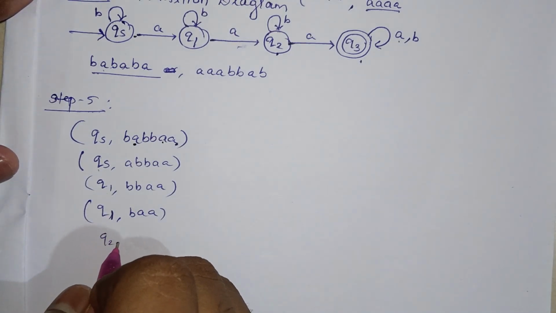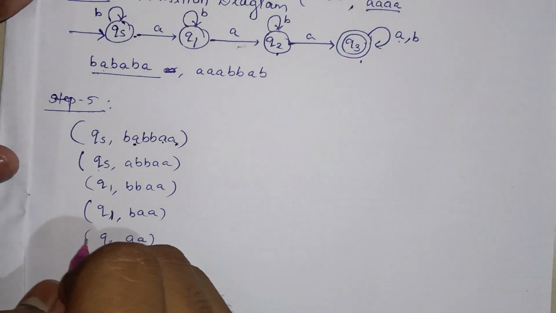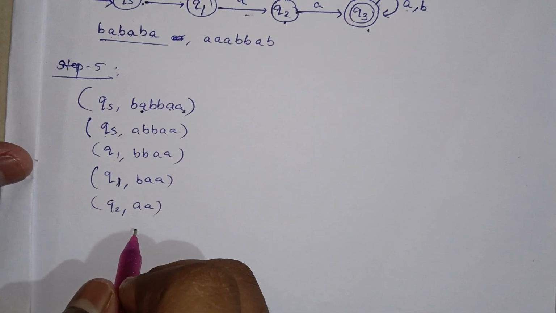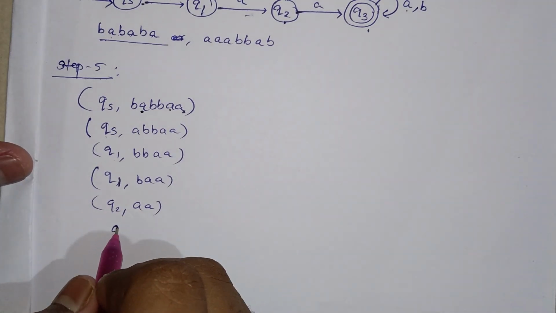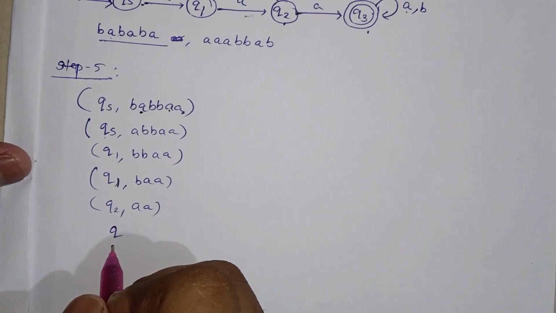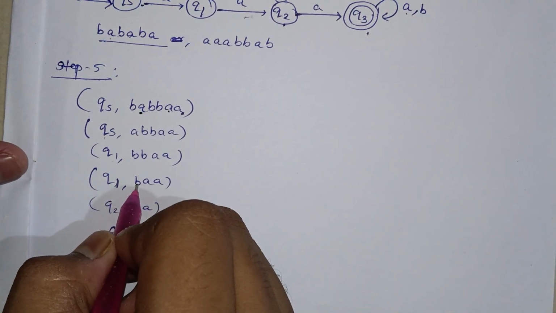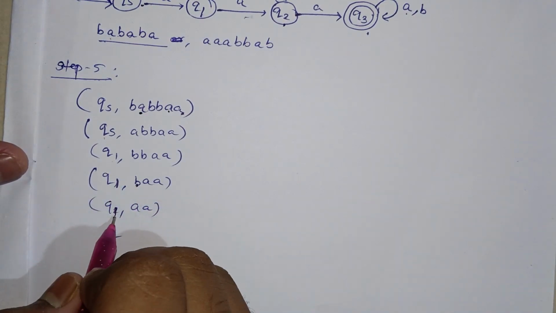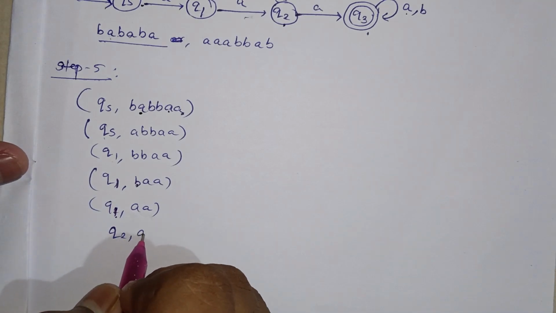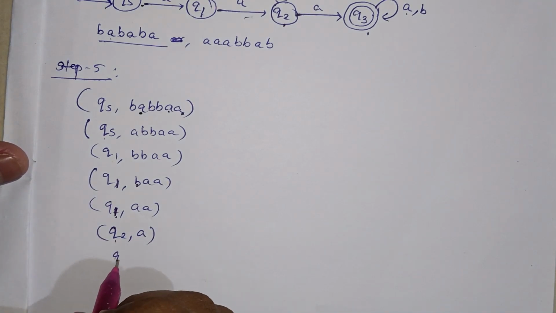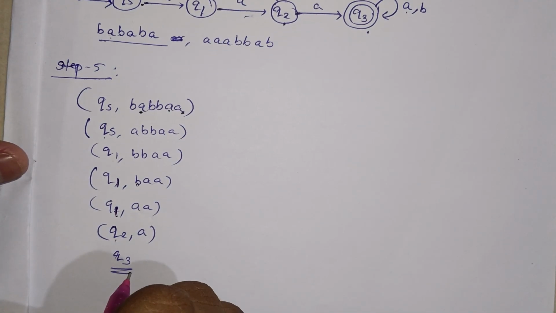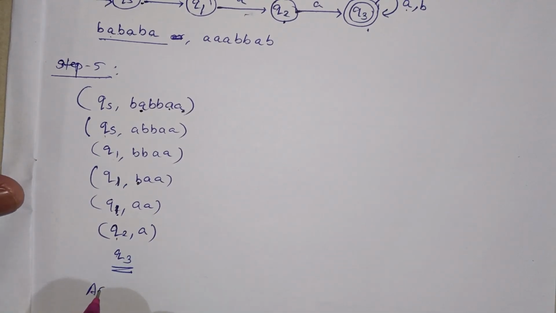Q1 receives a, it goes to Q2, a. When Q1 receives b, it is the same state. When Q1 receives a, it goes to Q2. When Q2 receives a, it goes to Q3. Since Q3 is our final state, it is accepting